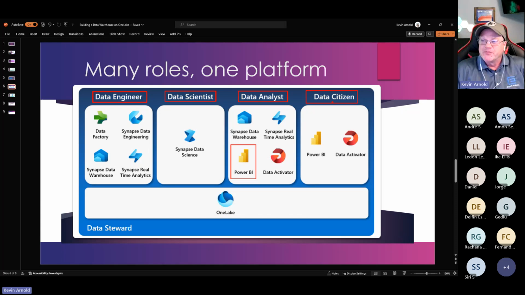That's a good question. So a data citizen, I would say, is the consumer, right? Maybe you're going to build a report, but you're not going to do any of the data modeling ahead of time, maybe just produce thin reports, a couple reports up on the service. You're going to consume reports that your analyst or your engineers put together for you. That's how I would define it. Whether or not that's how they've defined it here, but that's how I would use it here.